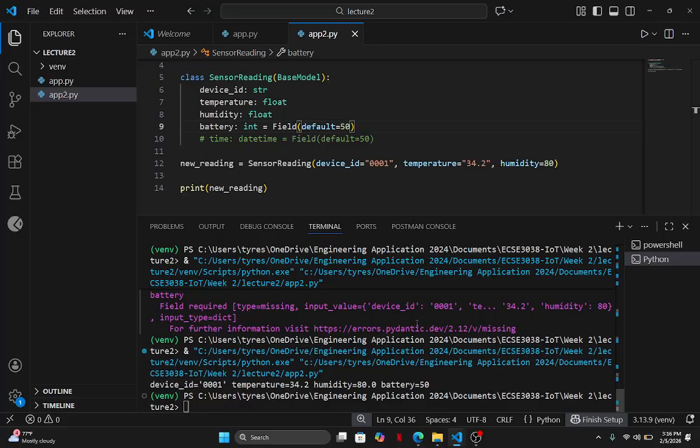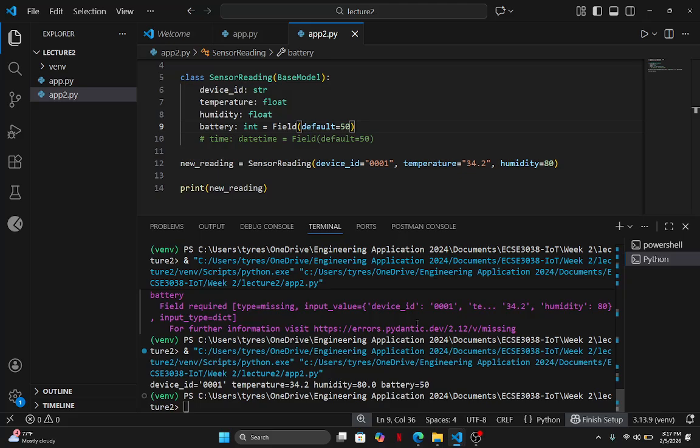If you don't put this here, it won't know what to do. It would probably crash here, because it will expect something, and because it doesn't get anything, it will say this is wrong, can't have a battery. So I put the field here to make it so that if it doesn't get anything, it fills it in with something. So that's default. Default is if you're going to put a singular known value.